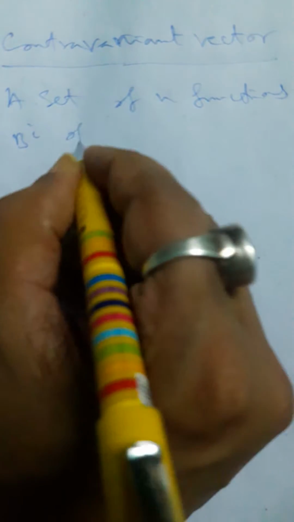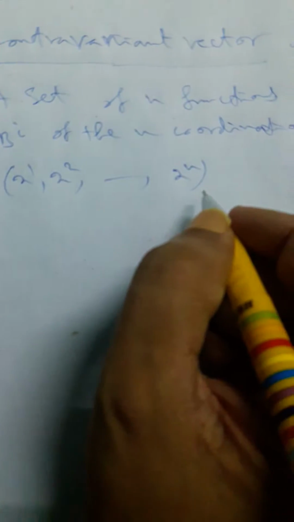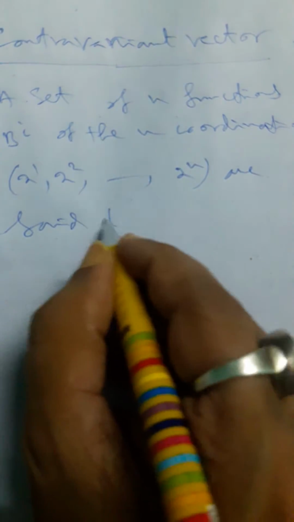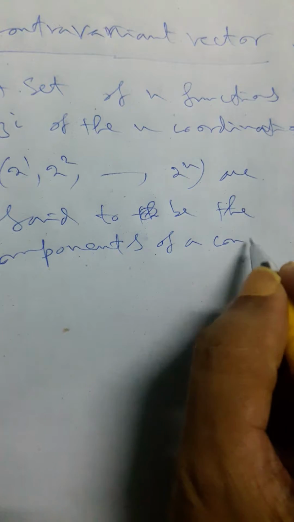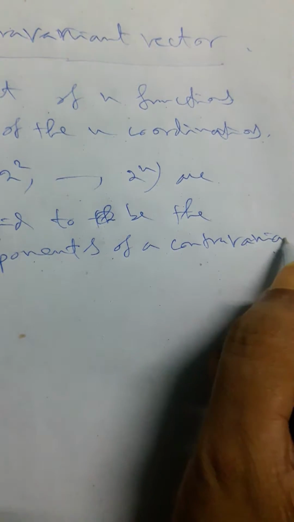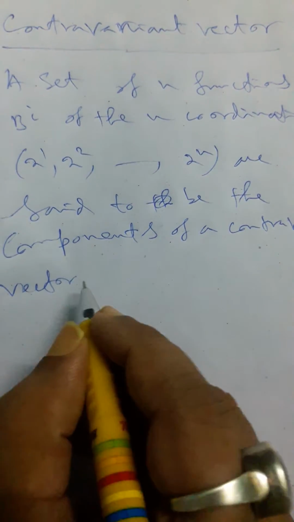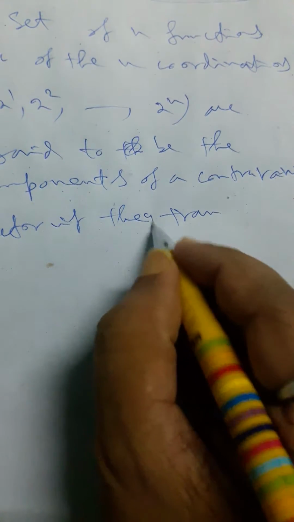n functions b_i of the n coordinates x1, x2 up to xn are said to be the components of a contravariant vector if they transform according to the equation